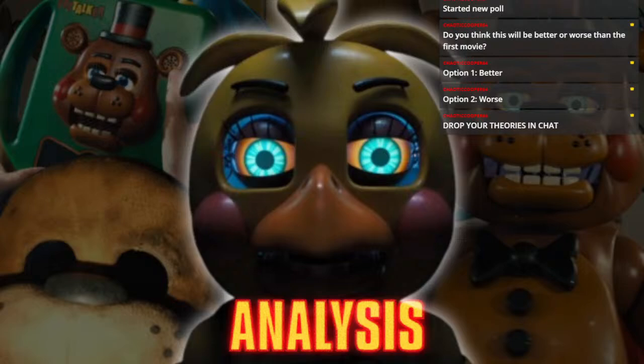But for a while, I kind of wanted it to be like this because I thought they could make the weird animatronics, weird versions of the classic animatronics from FNAF 1. And they didn't do that, but